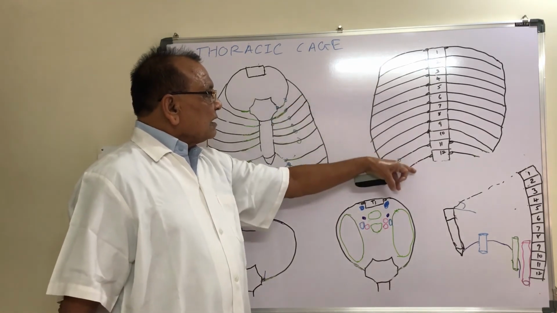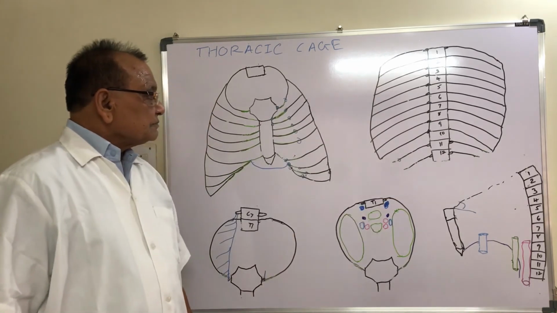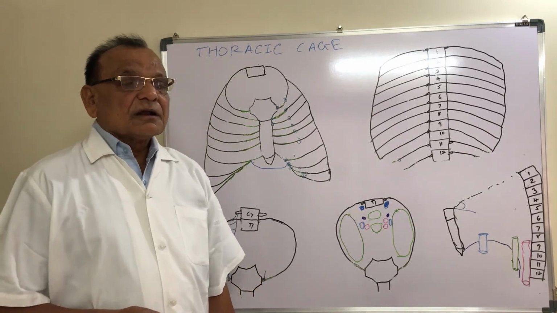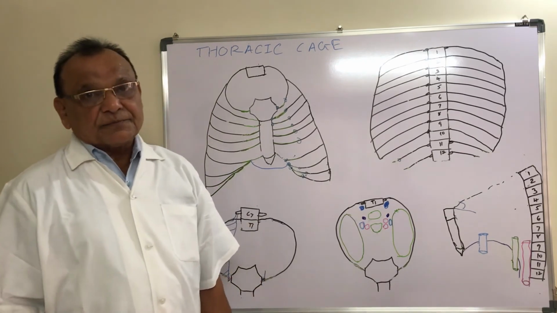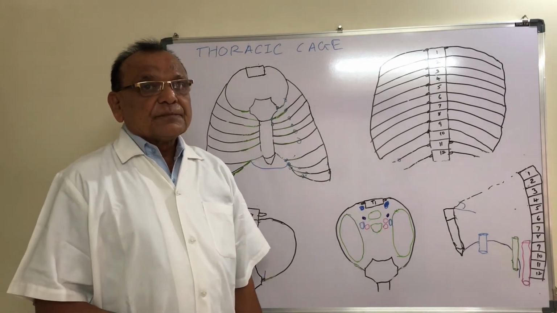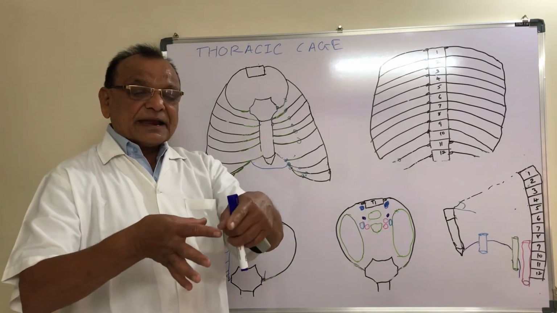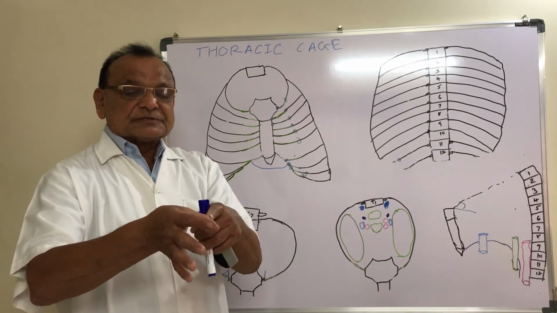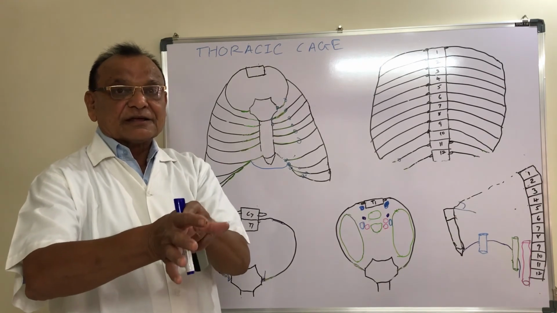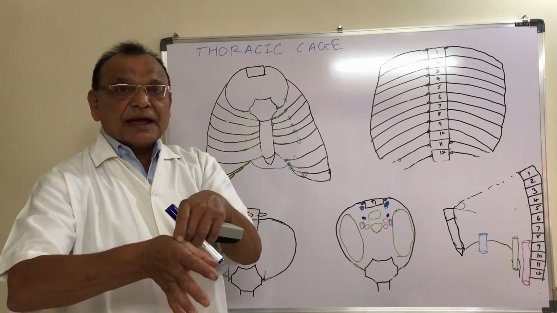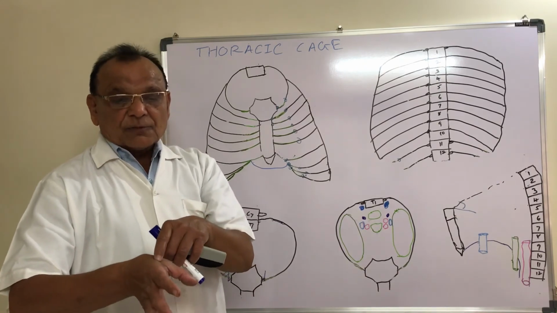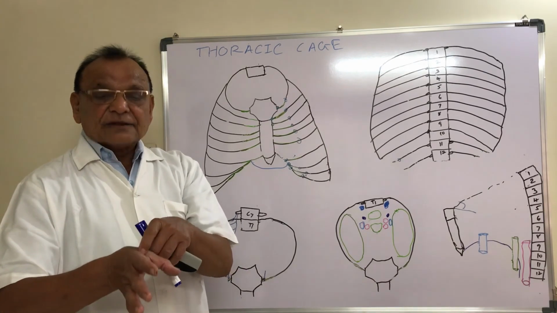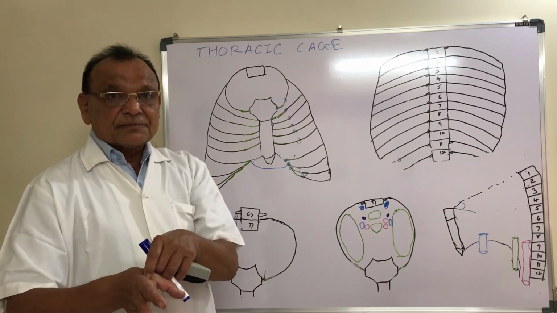Suppose in an indirect chest injury there is a fracture; usually the fracture occurs at the weak point of the rib. Suppose this is the rib, so this is the anterior end of the rib, this is the posterior end, and this is the shaft. The shaft from the posterior end first runs laterally and then it bends; the point where it bends is called the angle of the rib. The angle of the rib is the weakest point of the rib, so fracture commonly occurs at the angle of the rib.